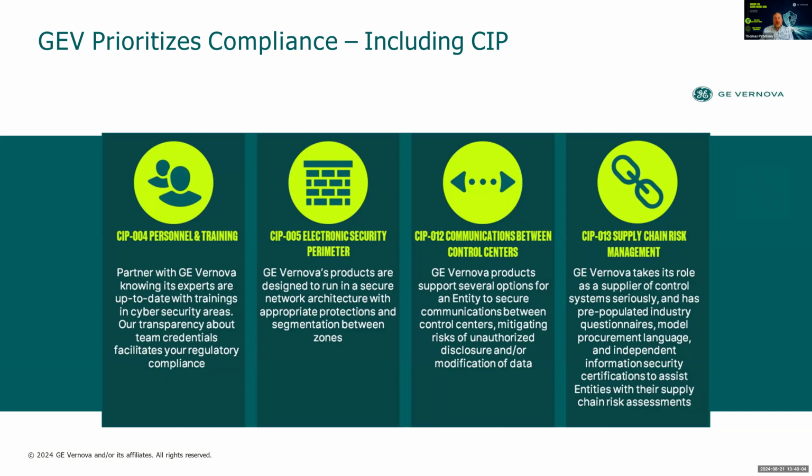CIP 4 often requires the processing of personally identifiable information to verify an individual's identity and conduct a background check. This type of PII data has become increasingly regulated under legislation such as the General Data Protection Regulation, GDPR for EU citizens, and the California Consumer Privacy Act, CCPA, with hefty penalties for failing to protect individual PII. GE Vernova personnel risk is transparently managed with our utility customers through our PRA portal.